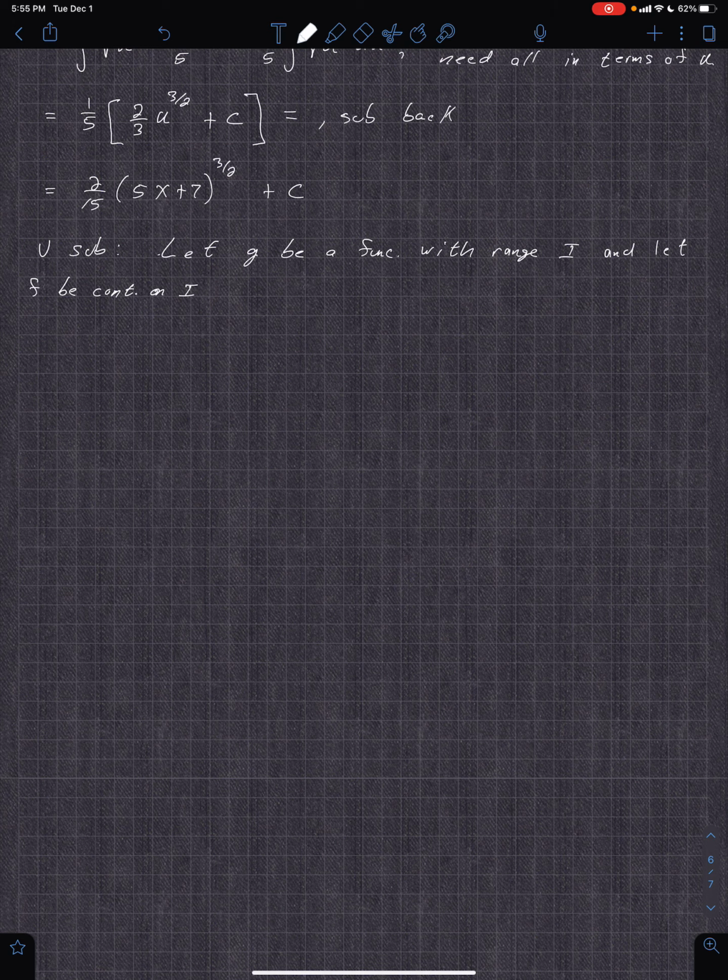So the range of g is going to be the domain of f. If g is differentiable on its domain and f, capital F, is an antiderivative